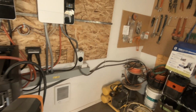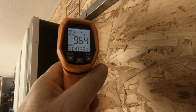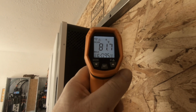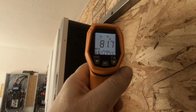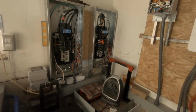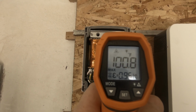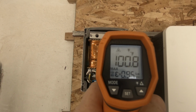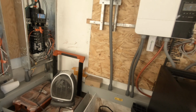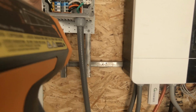We'll just see what the inverters are doing. About 82, 81.7 exactly. But this one runs the warmest. It's showing a little bit over 100 degrees, 100.8. And now with the fins at the back where they can cool,